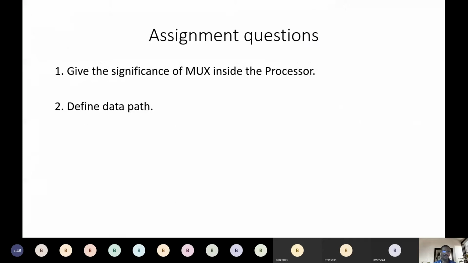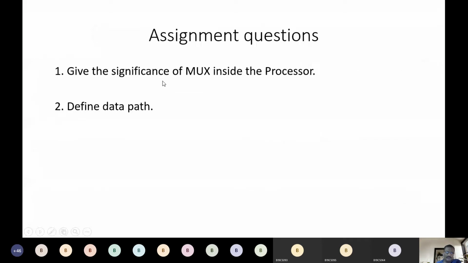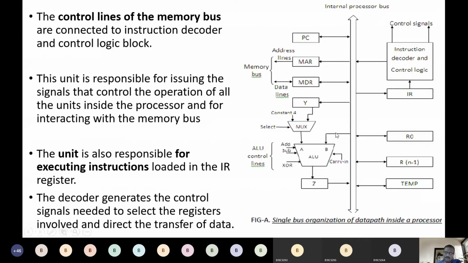Okay. Right. So already I had given some assignment questions. Hope you have gone through these assignment questions, and make it a habit to complete those assignment questions on the same day so that it will be easy for you. We had discussed all this already: what is the data path and the multiplexer. These are assignment questions for the last class. And today's class is just a revision of the previous class, because this is an important component. I have gone through this once again.